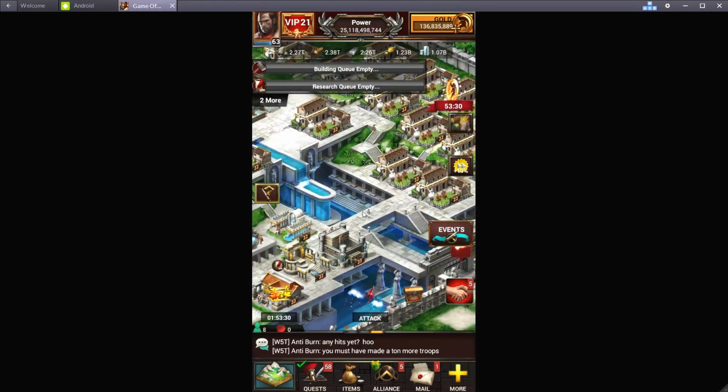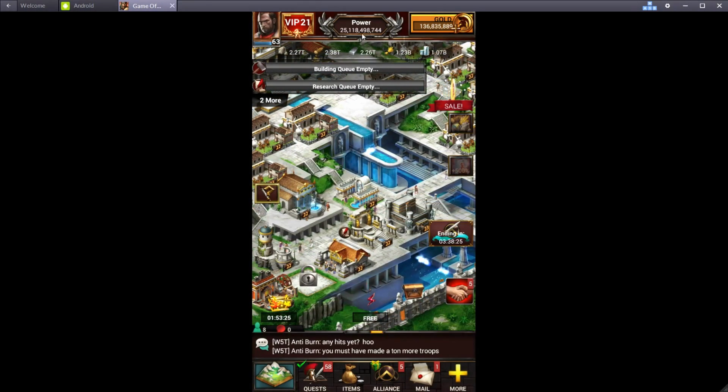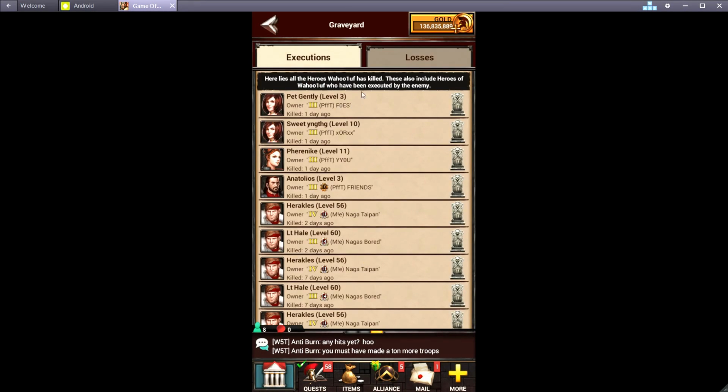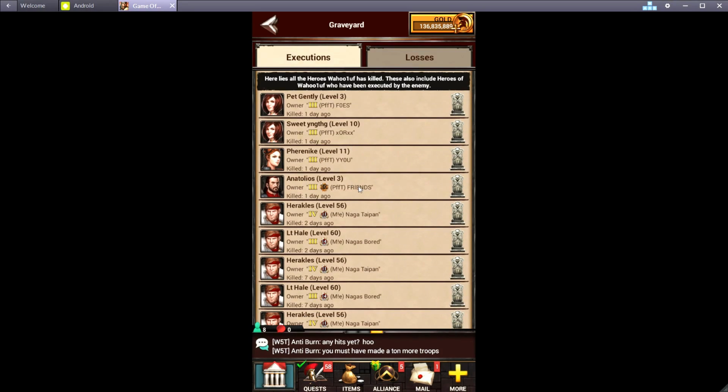Some other ways you can get some more defense is keep an active altar. Again, you can chop little heroes in less time, if it ever loads my profile. Level 3s, 10s, 11s, 1s, anywhere between 1 and 10. You can chop it in about